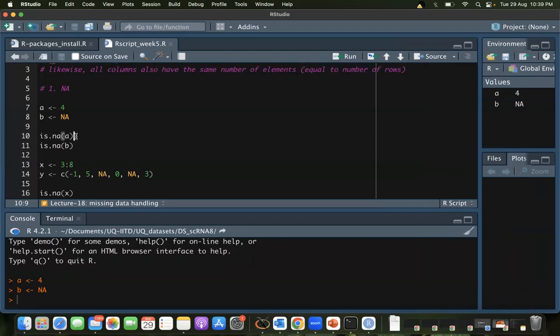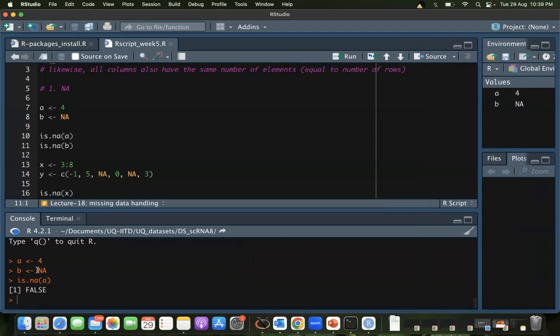So here, for the single value A, if I run this, it's going to give me FALSE, because is A NA? No, A is not NA. A is 4. So the answer is no, and it gives you FALSE. So these functions give you an answer of TRUE or FALSE. Yeah. So we'll see what NA does.